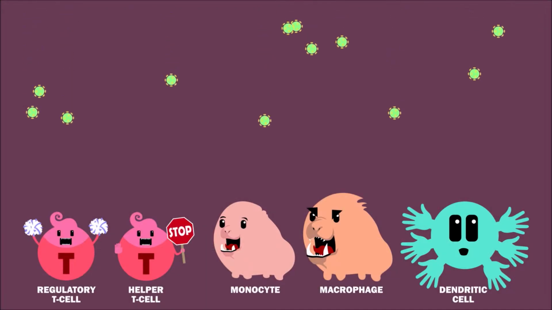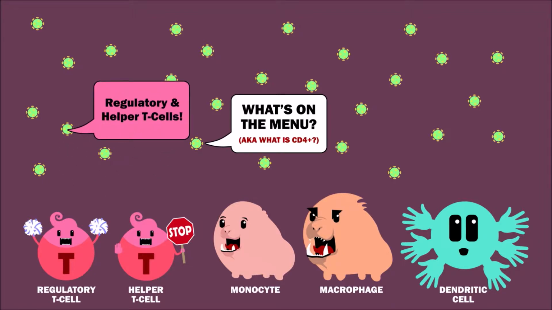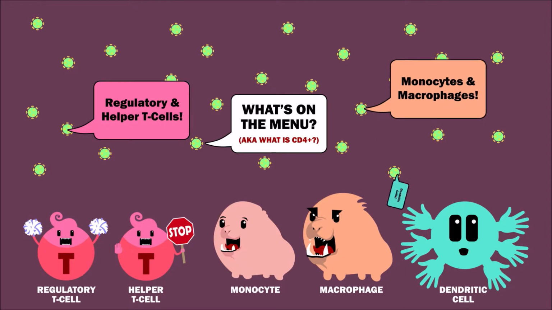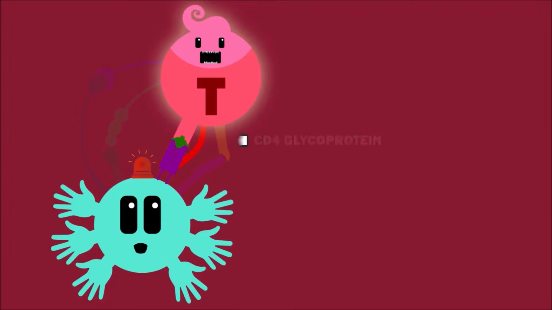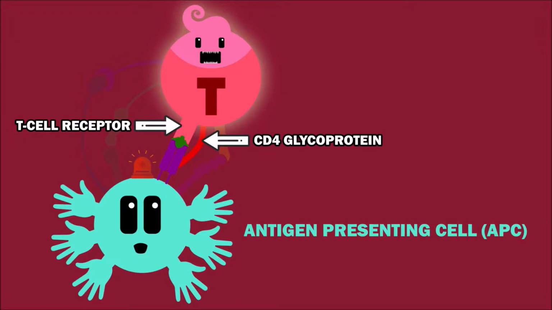HIV targets CD4 positive cells, in other words, cells that bear the CD4 glycoprotein on their membrane, such as regulatory and helper T cells, monocytes, macrophages, and dendritic cells. CD4 is a co-receptor of the T cell receptor, allowing T cells to communicate with antigen-presenting cells such as dendritic